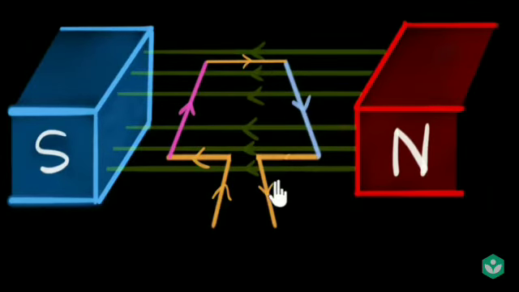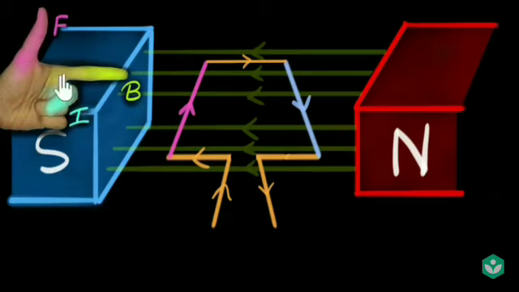Now the loop can be any shape, but if you take it as rectangular, it will be easier to analyze. And if you are wondering why we are considering a loop, we'll soon understand why. As of now, let's not worry about where the current is coming from, where the battery is. We will deal with that later. Now each side of this rectangular loop is a current carrying wire inside a magnetic field. That means each side will experience a force, and as a result this coil might start moving.